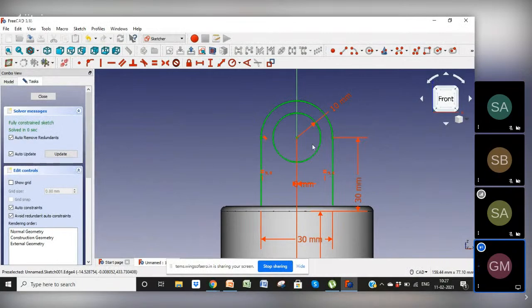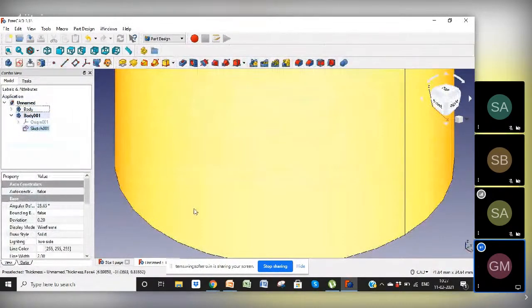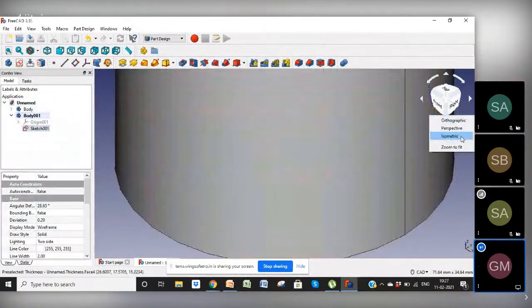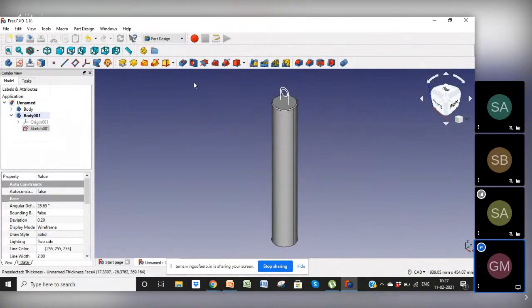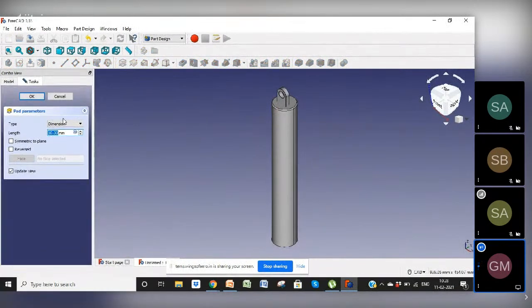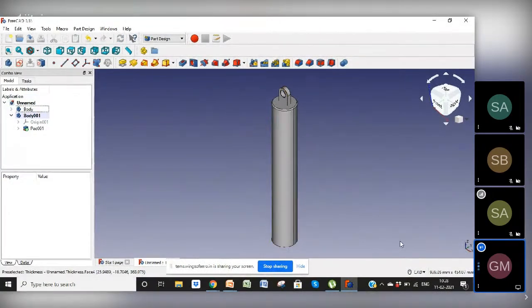Now it is fine. We don't need anything else. It is completely defined. Again, zoom to fit and make a pad over here symmetrical. Let it be 12 mm or 10 is enough. 10 is enough. Okay, now we get a shape,